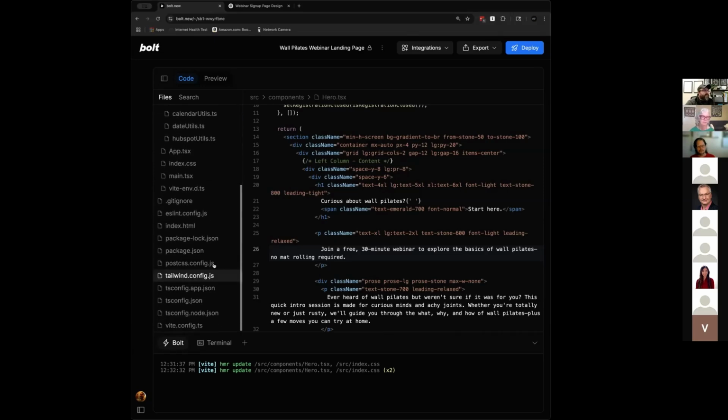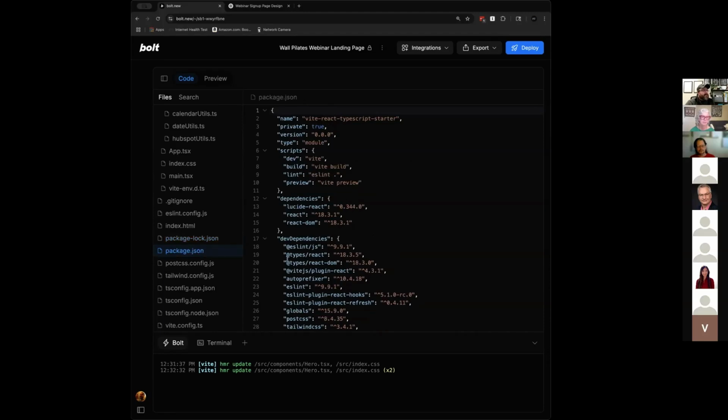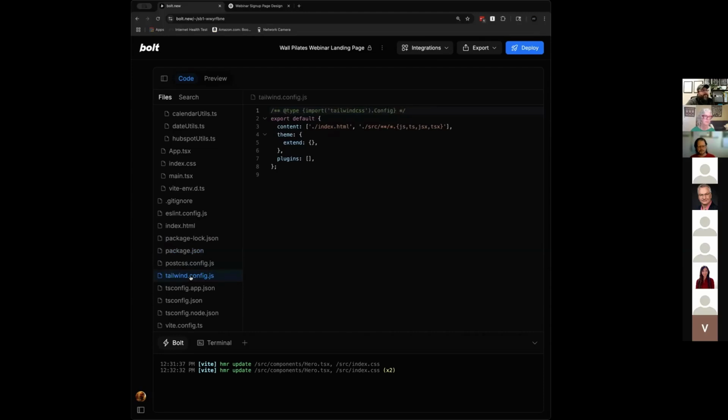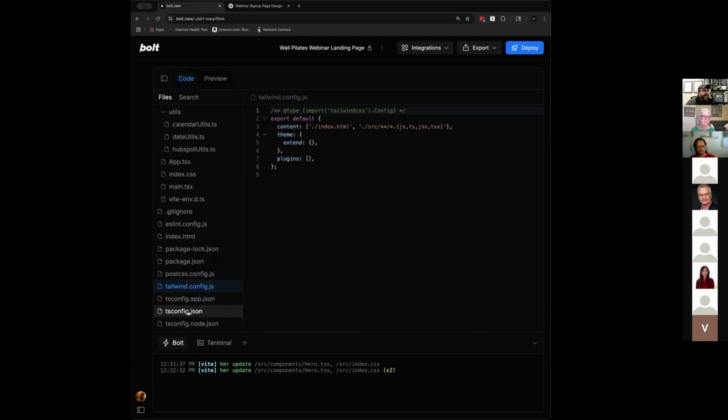But JSON is interesting because these are always going to be formatted files. They have these open brackets and then these key value pairs. Sometimes they're bigger objects. In this case, those dependencies that we talked about, that's what this file is for. You mentioned Tailwind, which is a CSS baseline. It actually gives you a grid in your page. So you can say, I want 3 boxes across, and they already have tags that you use on the HTML to tell the page that this is going to be 3 boxes across. You don't have to build all of that. TS config tells you how to handle TypeScript.